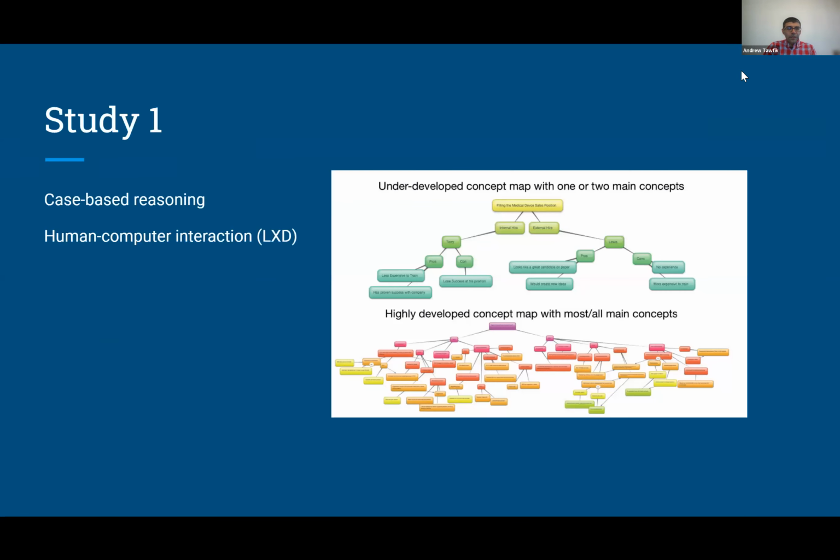And so the first thing is, again, trying to understand what is learning experience design. And so there's all this idea about usability or human computer interaction, or some of these things. But I wanted to find out what was the more empirical way of looking at some of these things. So I want to share a little bit about some of my prior research. One of the research that I've been interested in over time is case-based reasoning. I don't want to bore you with the details about that, but case-based reasoning basically says we use our prior experience to solve new problems.